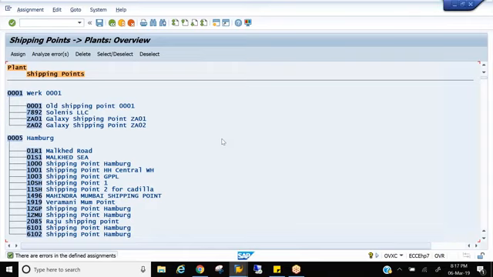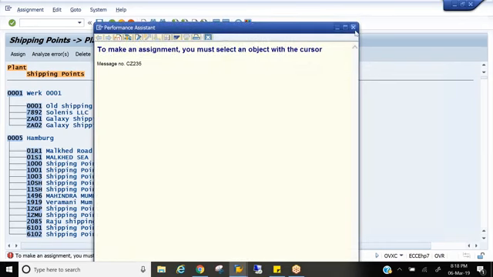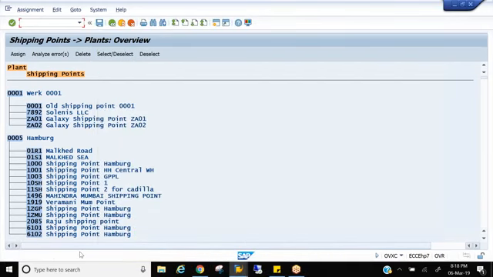This configuration is also a little tricky, as I mentioned, because if you come here and click on assign, the system will throw an error. You see, the system throws an error. One more thing: this is also a question asked in interviews. What are the status messages? Can you tell me the colors? Whatever you're seeing here at the bottom is called the status bar, right?